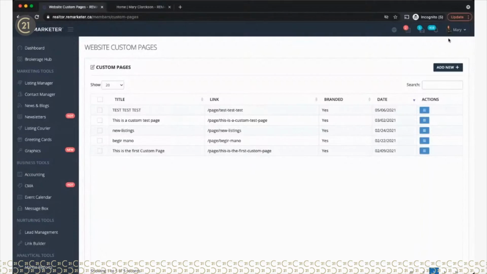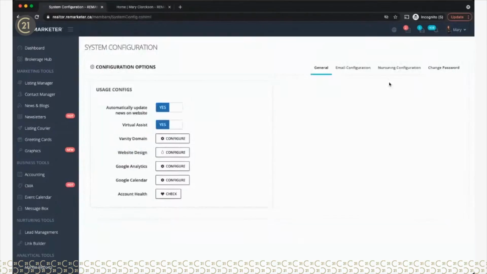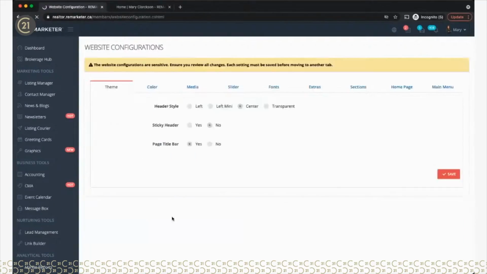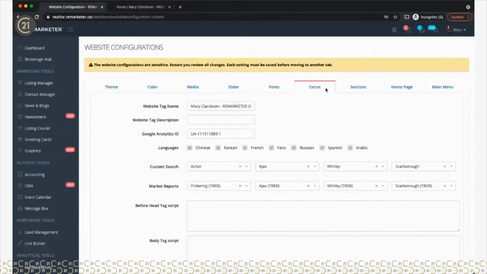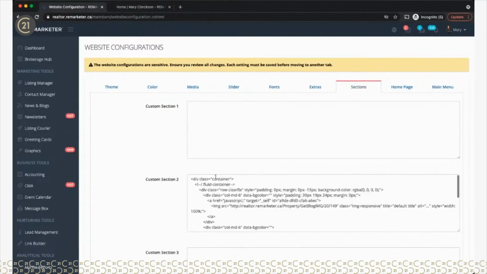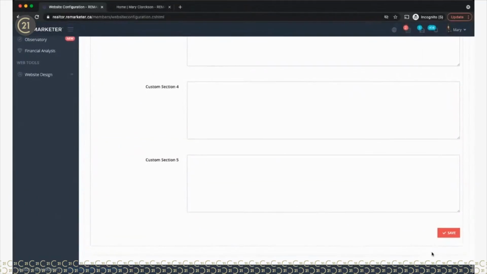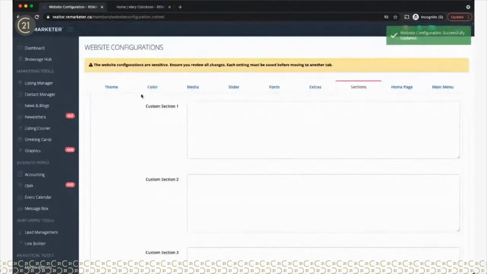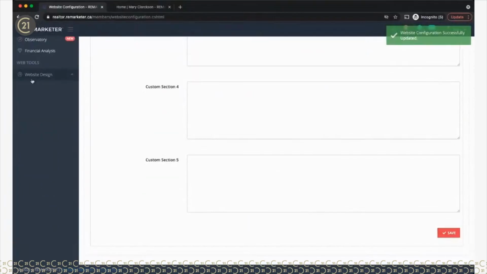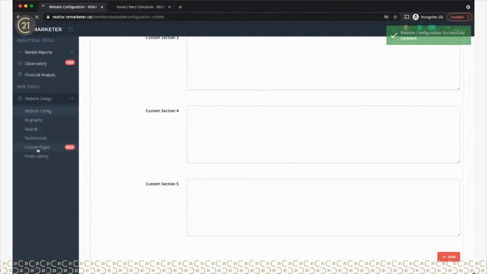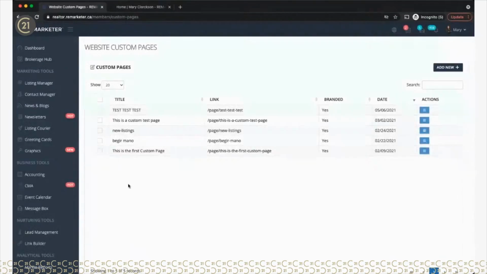Now, before we begin, let me go ahead and make a quick change here. Let me go to the website design, and I want to remove the custom content that I had built before here, so we're back to our normal set. Okay, so let's go to the custom page builder. So the custom pages is